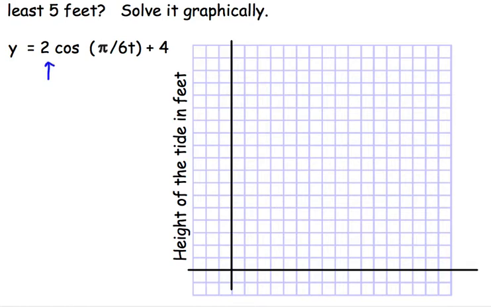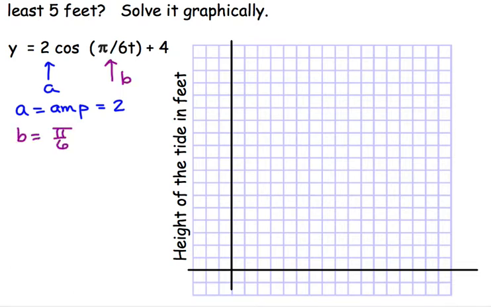This is our A value. If you remember, our A value equals our amp. So our amplitude is 2. What's our B value? Pi over 6, yep. And how our B value helps us, it allows us to find the length of a